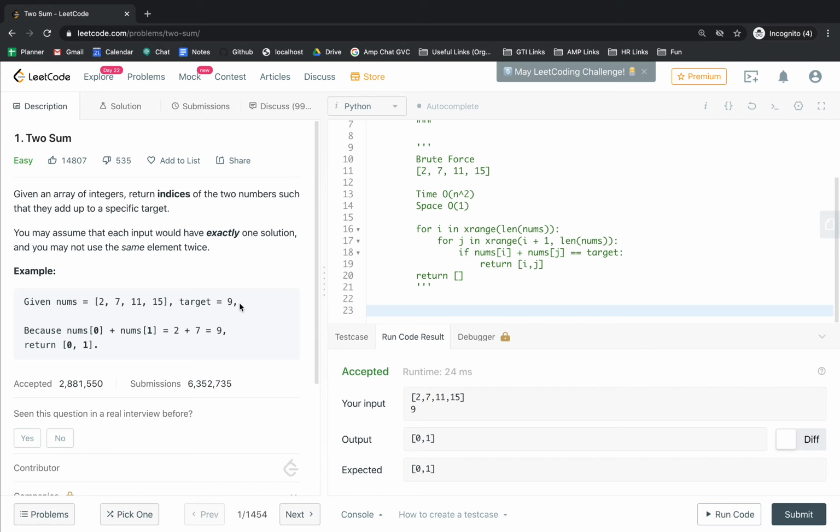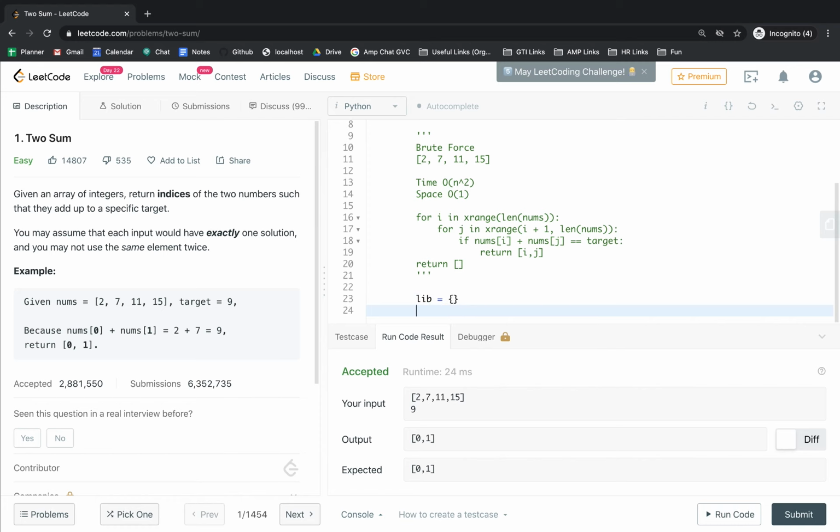In this case, I think let's move on. As I explain the solution, you'll see that that check is going to be constant time. So basically, how this would work is you would set up a hash. So in this case, I'm just going to call it lib. So this is a Python dictionary. It's got constant time access. You can check if a key is in this library in constant time. So what we could do is basically, for